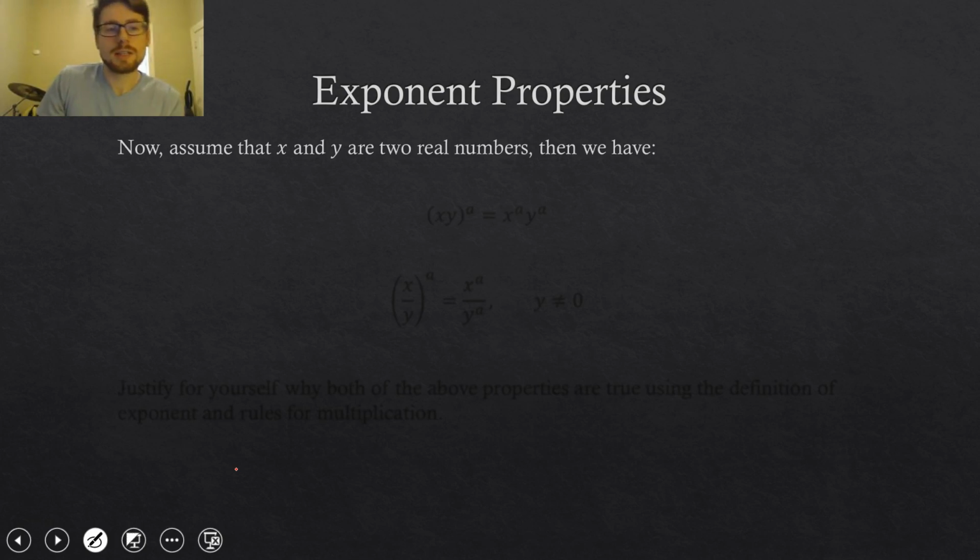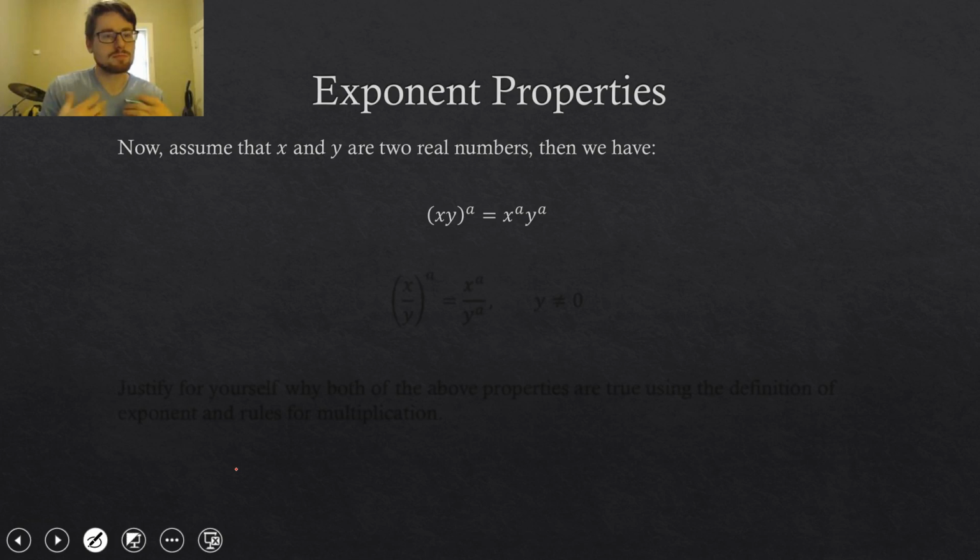Alright, so now let's look at some properties that involve 2 different numbers, not just the base x. Suppose we've got the bases x and y. So what if we have a product, x times y, and we raise it to the a power, to some power? Well, that's equal to x to the a times y to the a. So we can pull that product apart into 2 pieces. Rather than x times y to the a power, we could raise x to the a by itself, y to the a by itself, multiply those answers together and get the result. So this is a totally fine thing to do,